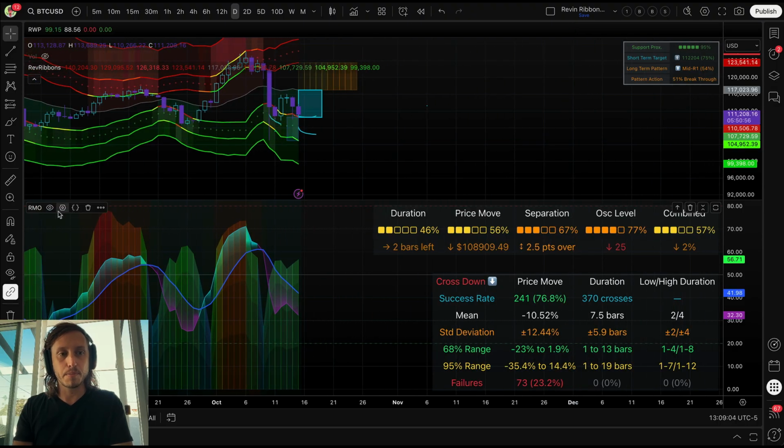Based on the momentum oscillator, again, we're just looking at the daily here. We do expect to see a bounce in the not too distant future. I'm basing that on a couple things. One would be we have only 2 bars left in our general duration. So duration, this is showing how long a downside cross generally tends to last. And I am basing this kind of off of extremes. So we saw our extreme here